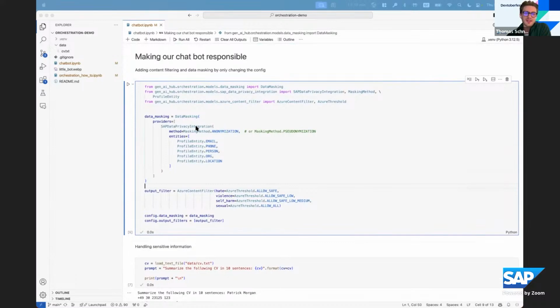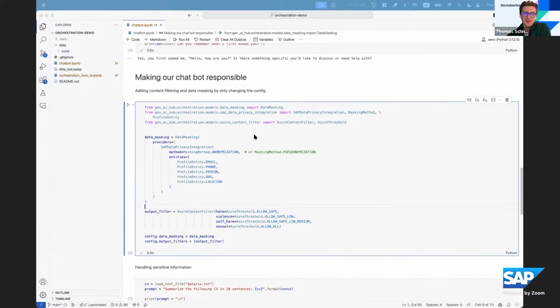But as far as I know, the data privacy integration or service is not using an LLM. So there's obviously an entity recognition happening. Cool. And you can configure it across a long list of different entities. This is just a small snippet of what's possible. And next to anonymization, there's also the possibility of pseudonymizing the data, which means